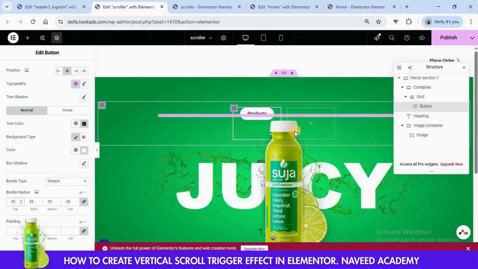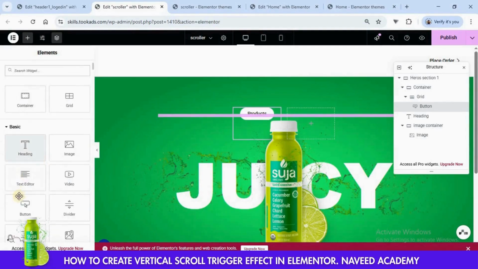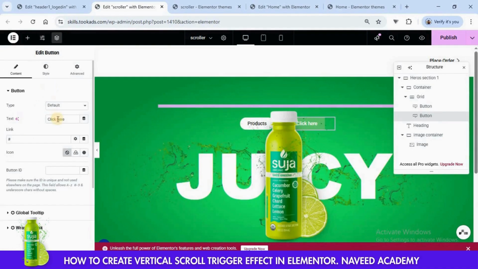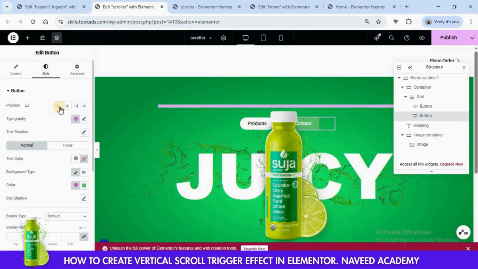Now click on this plus icon. Drag a button over here. After that, go to style. Set it to center. Go to border radius and set it to 25.